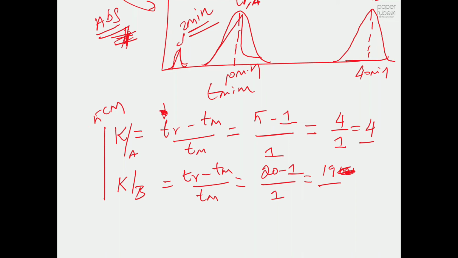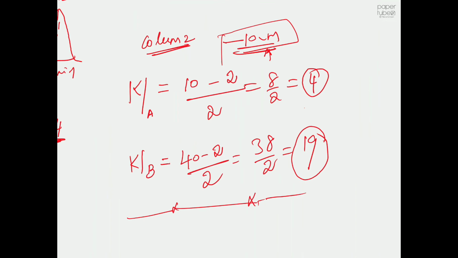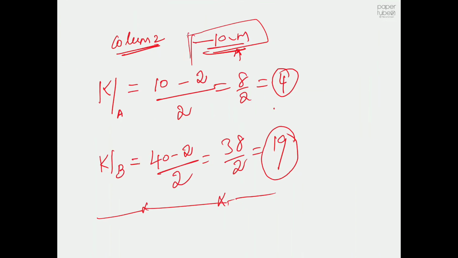So what you can see is that for the 5 centimeter column, the retention factor of A is 4 and the retention factor of B is 19, and it's the same if you use a longer column: the retention factor of A is 4 and the retention factor of B is 19. So that's the key advantage of